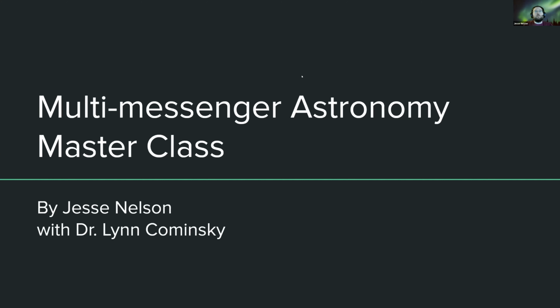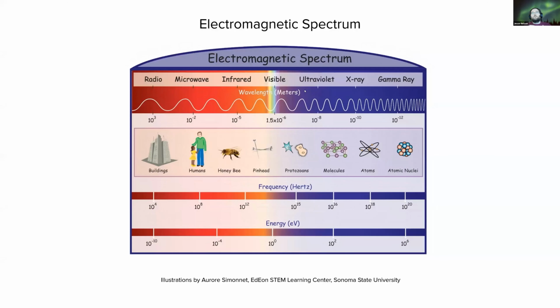But before we get into all the details, let's define some of the terms that we'll be using. So to begin with, what is the electromagnetic spectrum? Basically, it's light. Most people are familiar with the visible portion of the electromagnetic spectrum because it's associated with the rainbow of colors that our eyes can see and interpret. Early astronomy was also based on visible light because it was just people looking up at the sky and trying to interpret what it was that they were seeing.